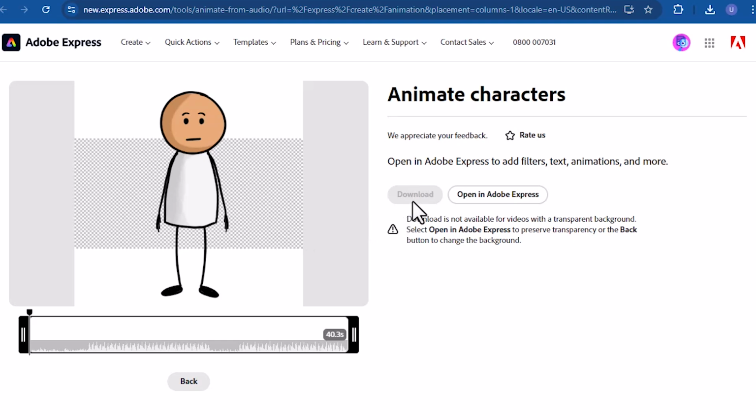We can't actually download this particular video with a transparent background. It says download is not available for videos with transparent background. Select open in Adobe Express to preserve transparency or the back button to change the background. So we only have two options, either to open this particular file in Adobe Express or to go back and